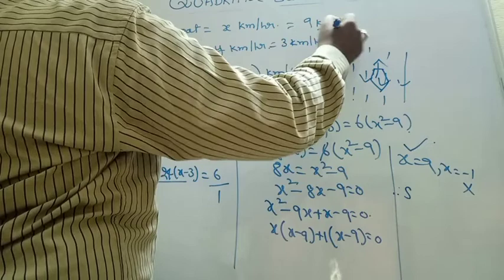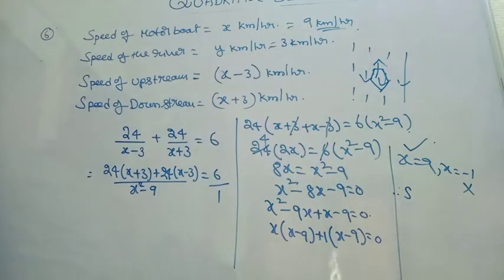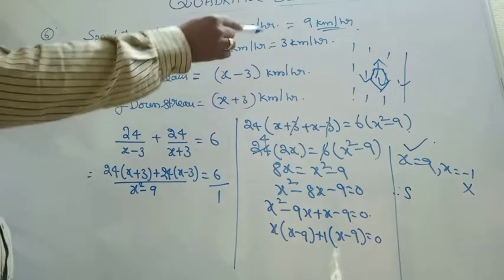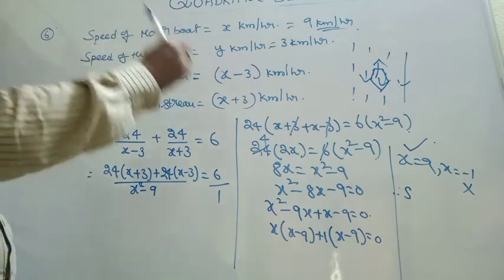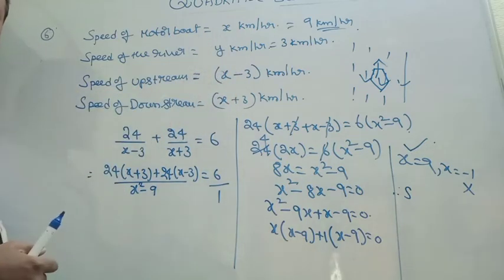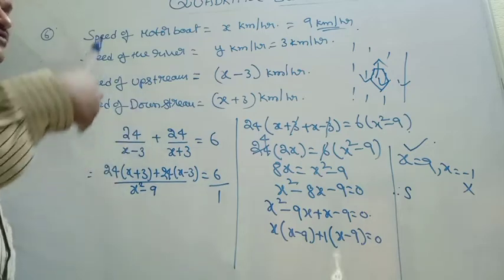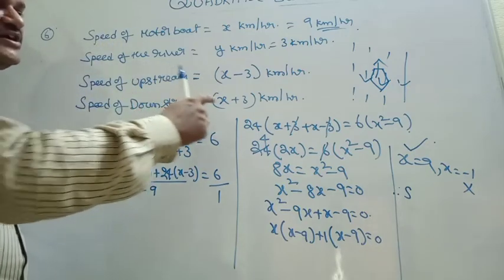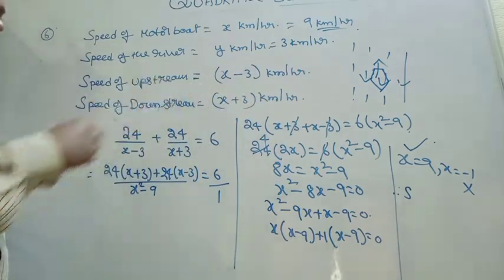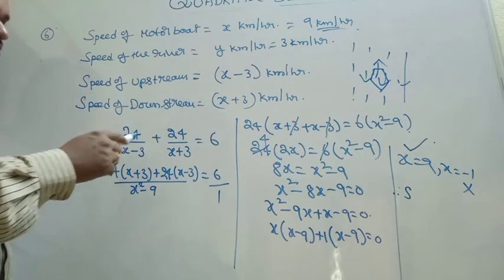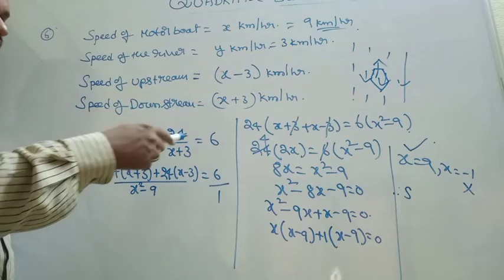We have got it very nicely like this. In this beautiful way we will be doing this particular problem. Here the speed of the boat is x, the speed of the river is 3 km. Upstream means resistance will be there, that's why x minus 3 km per hour. Downstream means the speed of the river and the speed of the boat both get added. Now the distance is 24, so while going 24 by x minus 3 plus while coming 24 by x plus 3 equal to 6.